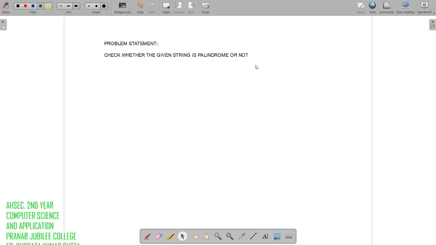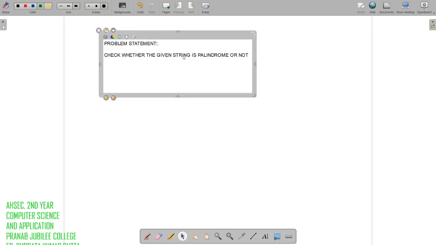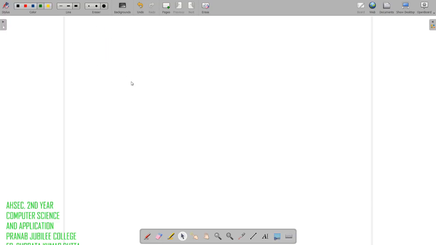So for today the problem statement will be to check whether a given string is a palindrome or not. So palindrome, I hope you know, but we'll discuss. Palindromes are strings, we have discussed string means a collection of characters. So palindromes are those strings which, if you read both ways, give the same meaning or same spelling. Say mom. If you read mom this way or in reverse it gives the same meaning, right?